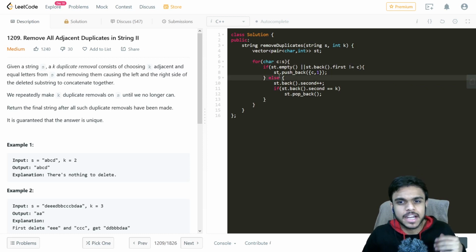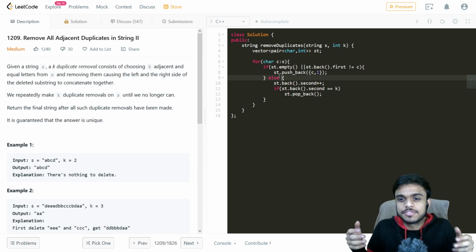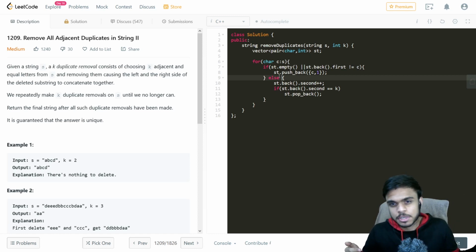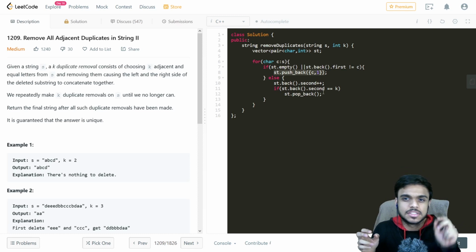For every character, we need to initially check if our vector is empty, because if nothing is present, how will we check if it is already similar to the previous one. So if it is empty, then we just push back the first element, because the character is occurring for the first time.